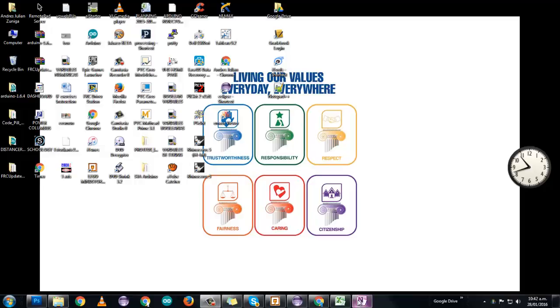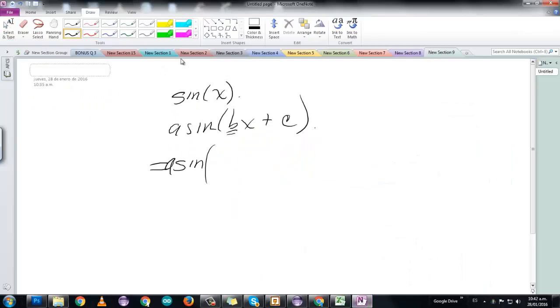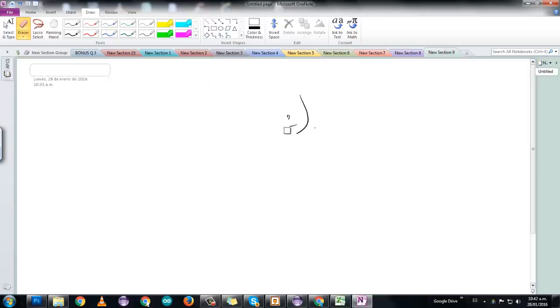Hi, for this activity we're going to go over some of the trigonometric functions. You're going to be able to work with them and find a graph where you see each trigonometric function. So for this we are going to start working with the 6 trigonometric functions, simple trigonometric functions like sine, cosine,